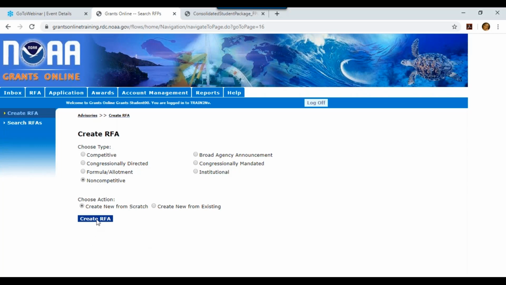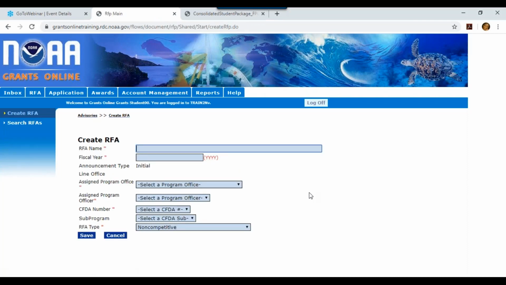Now I'm going to click on my Create RFA button, and it's going to bring me up the first screen that I'm going to need to start entering data. So I'm going to give my RFA a name. This is going to be my webinar RFA or Universal RFA creation. And this particular one that we're doing is April